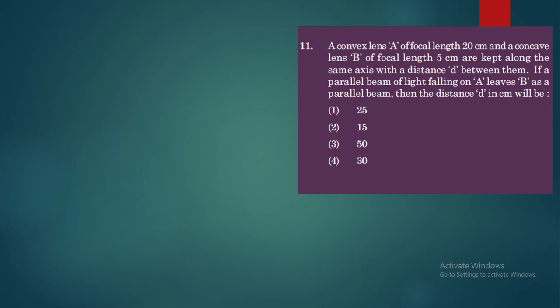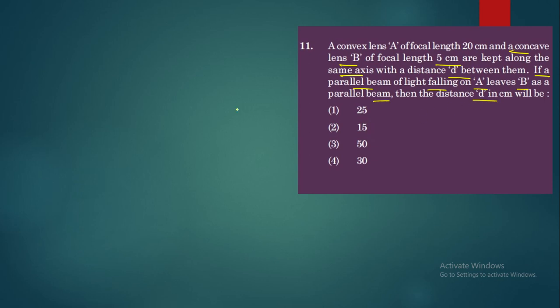Here in this question, a description is given about two lenses and some condition is given with the help of which we have to arrive at the answer. Let's read the question together. It says that there's a convex lens A of focal length 20 centimeter, and a concave lens B of focal length 5 centimeter, and they are kept along the same axis with the distance D between them. If the parallel beam of light falls on A, leaves B as parallel,